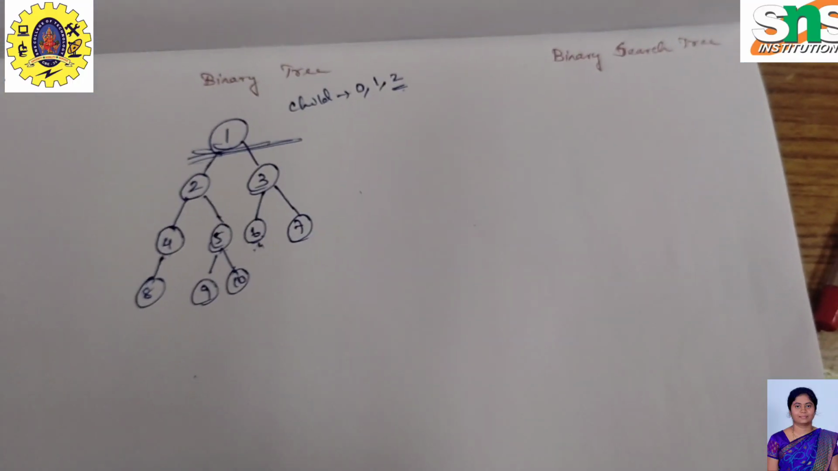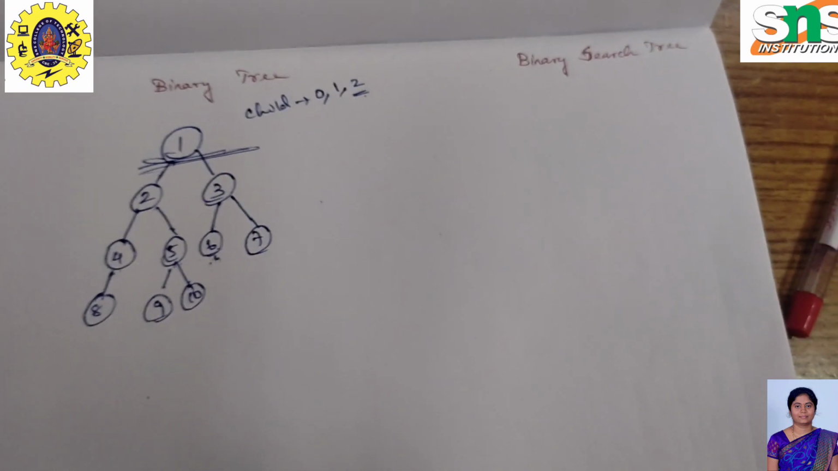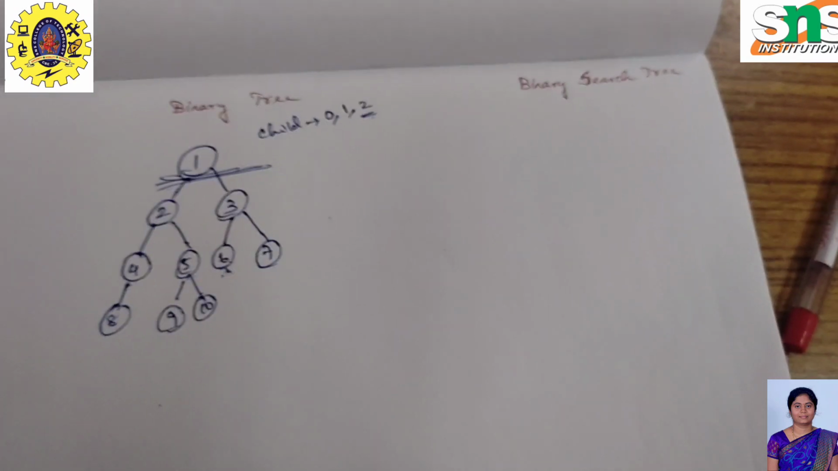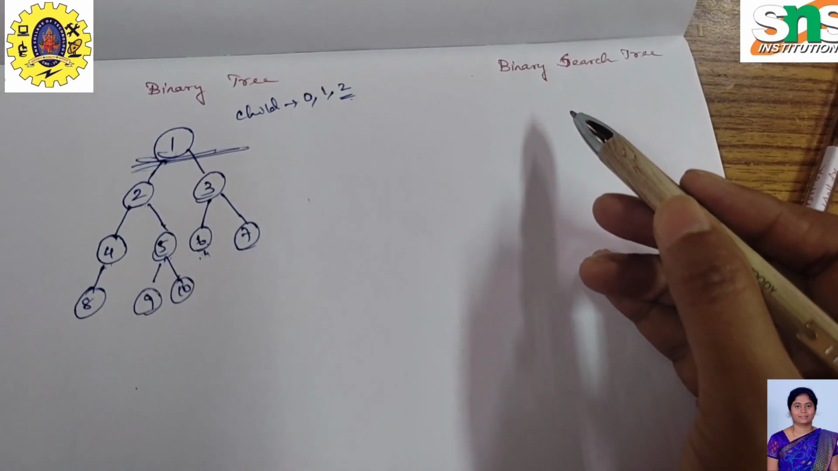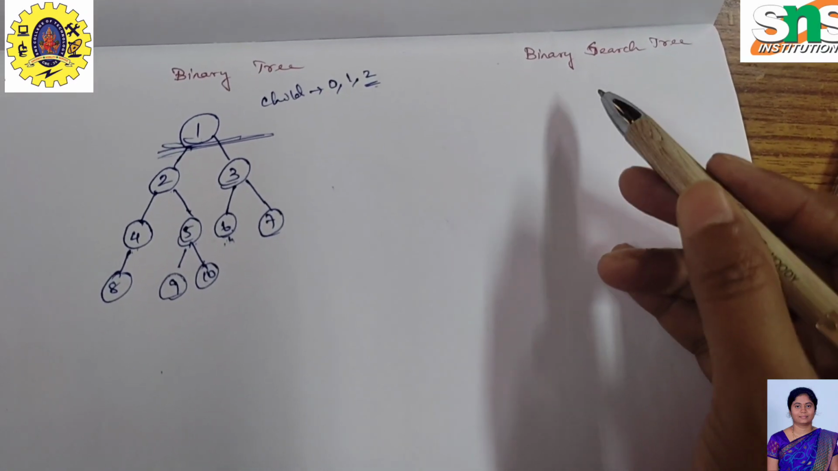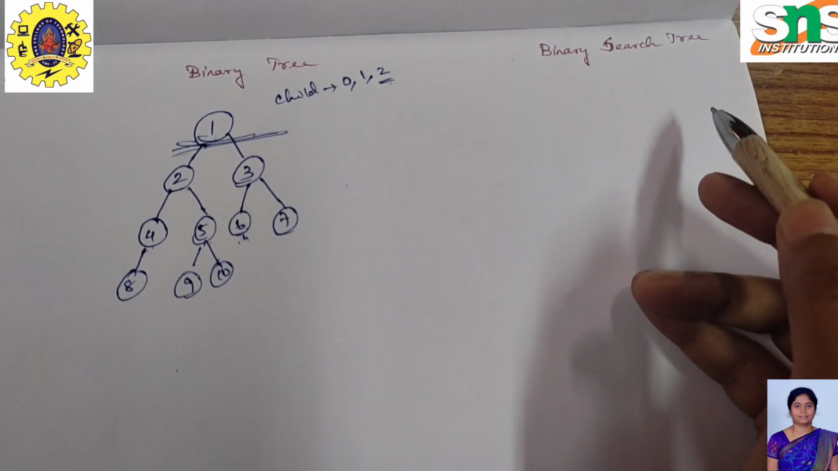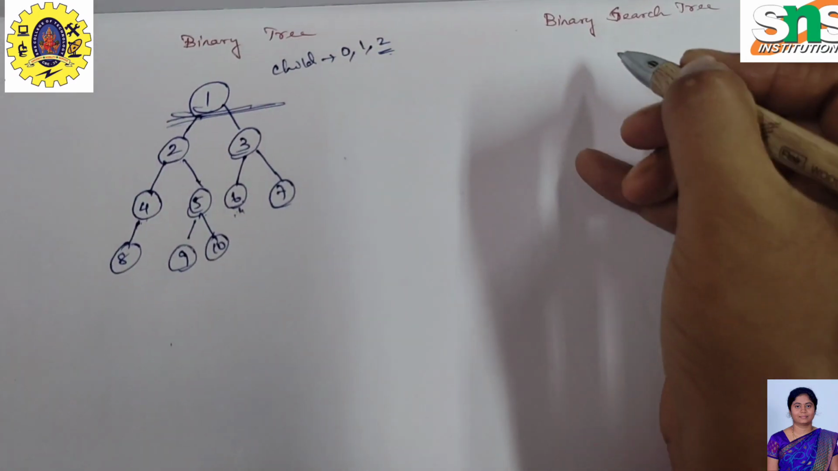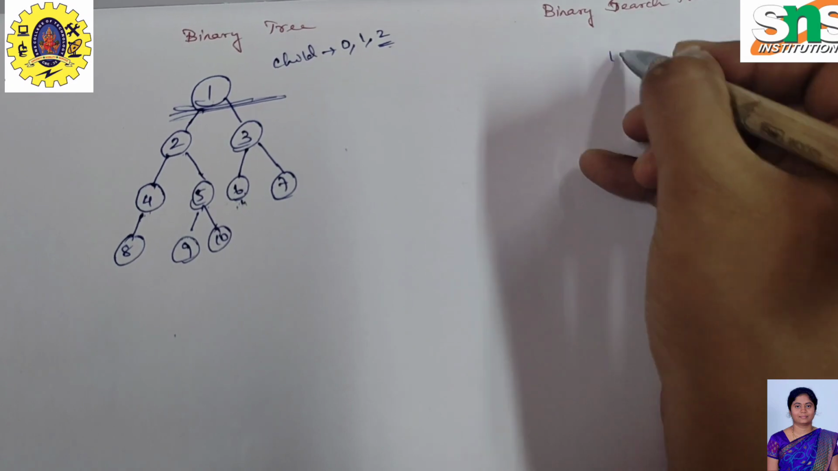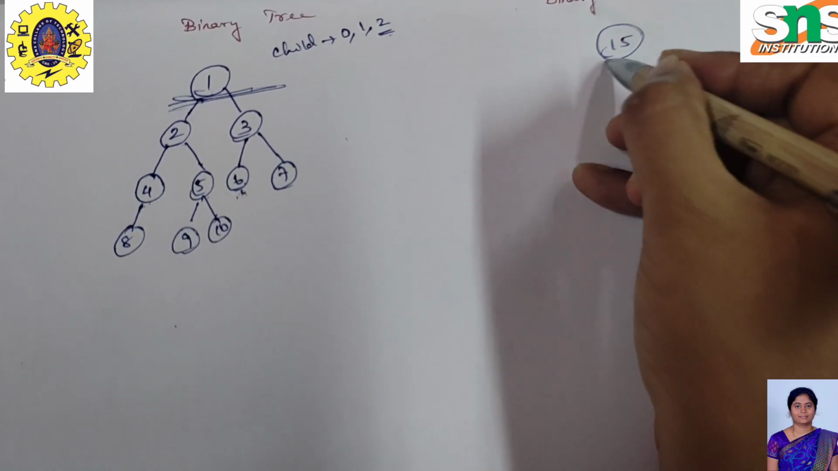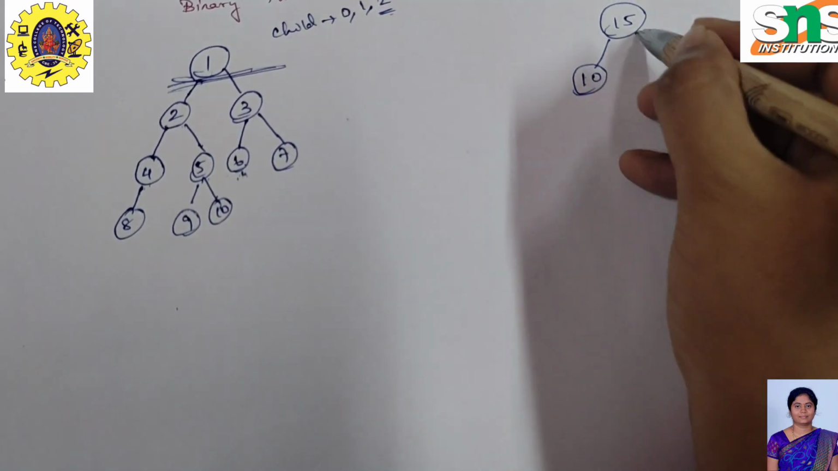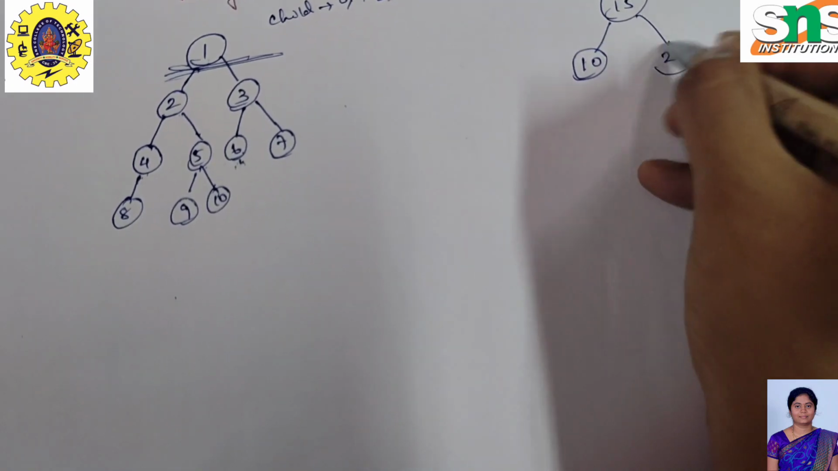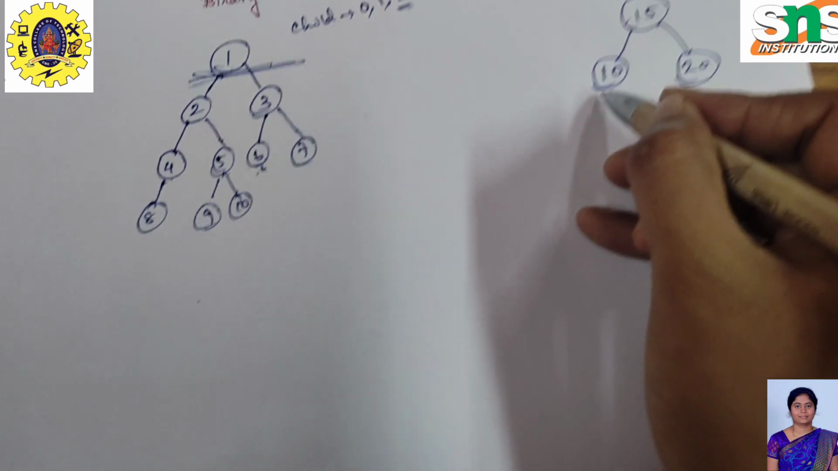Next, for binary search tree we have a condition that the left node should be lesser than the root node or parent node, and the right node should be greater than the parent node. For example, here I am constructing 15 as the root node, and I am inserting 10 into it, so this will be the lesser element. I am inserting 20 into it. Then if I again insert an element,